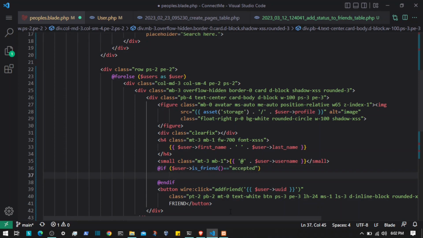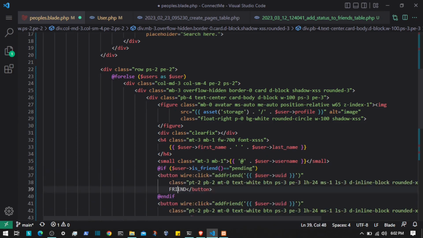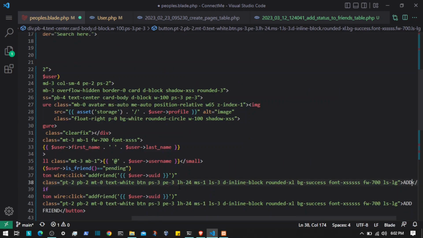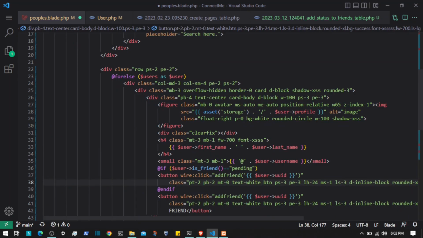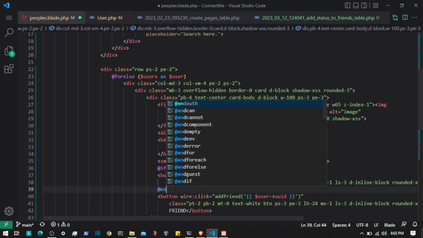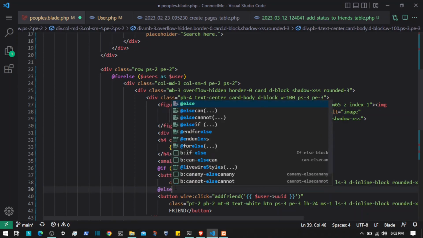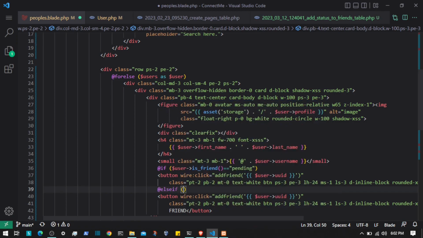So if it is, let's do pending, then go ahead and show me a button to cancel request. So I'm gonna cancel, and we can use the end if. So else if, right? So else if, if the, I'm gonna call the same method. So if it is like